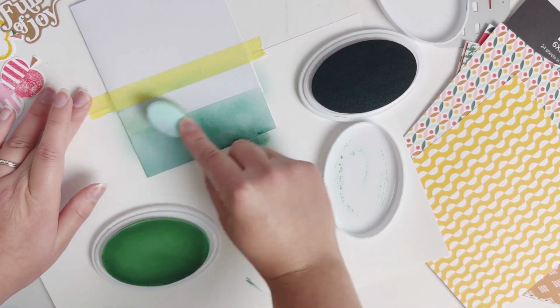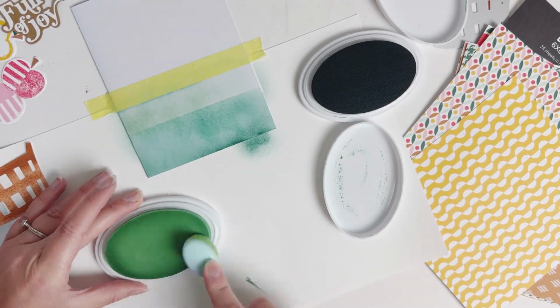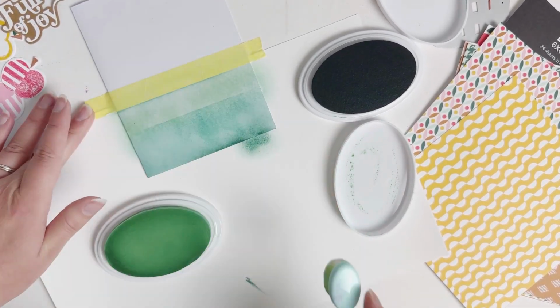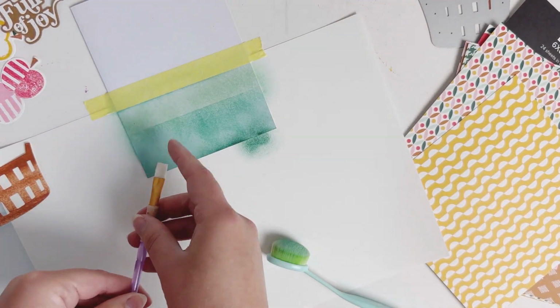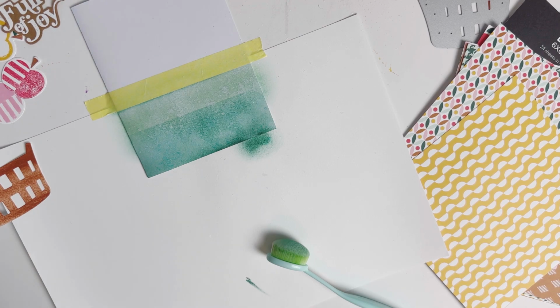So now I'm going to do the lighter color here with my wintergreen. I really love the wintergreen color. It's a lot paler, but once it's on, it's just such a beautiful light green color that I just really like. And now I'm taking my paintbrush with a little bit of water here and just splattering my paper,